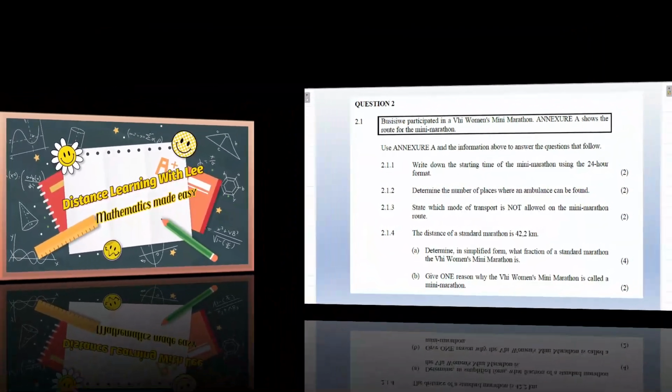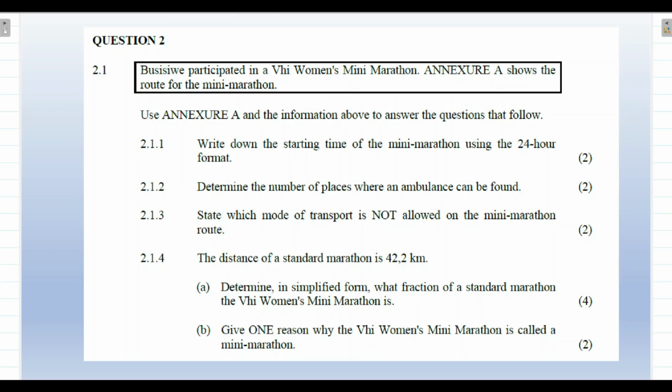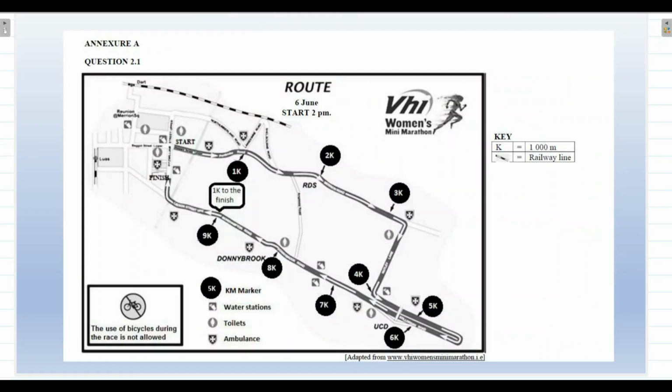So like I mentioned, we are going to be tackling question 2.1. And like I said in my intro, in question 2.1, guys, we are basically going to be interpreting this map that is given to us, and we're going to be using it to answer the questions that are given to us. Okay. So before we even have a look at this question, let's just quickly analyze what is going on in